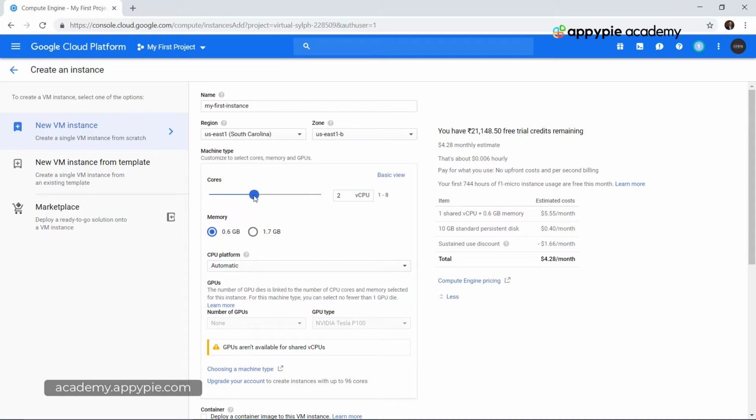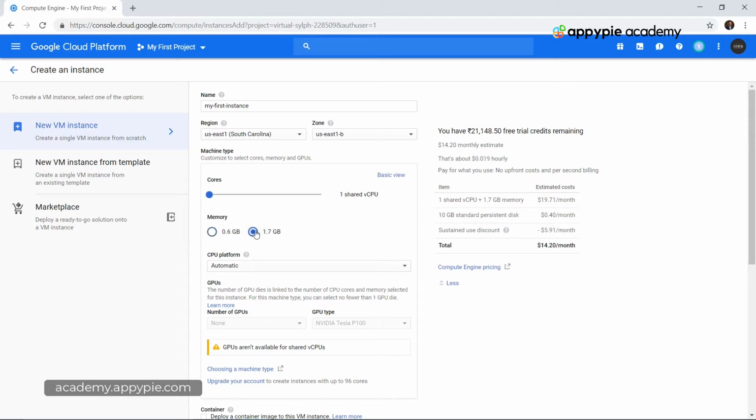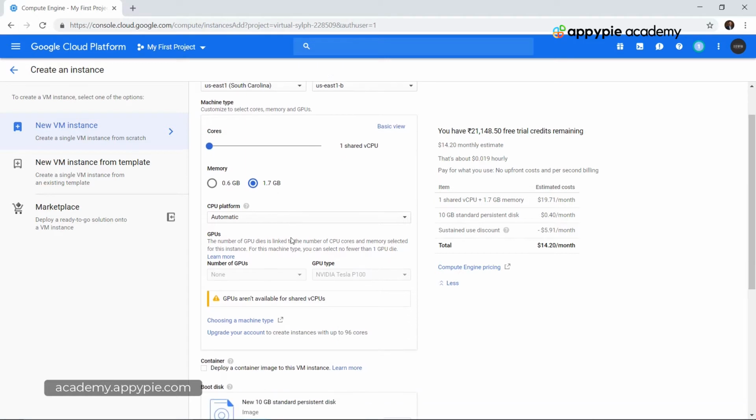Let's click on shared CPU for now, because although we will be running the training of the entire machine learning application, the entire thing will not consume a lot of memory, and we are also not time bound, which means that we won't have to cater a particular request to a particular user and the time should be minimum. So we don't have a condition like this. For memory, 0.6 gigabytes or 1.7. Let's keep whatever the lowest we can, or here let's keep 1.7, so that we at least have the model running well. Then we have the CPU platform, which can be automatic.